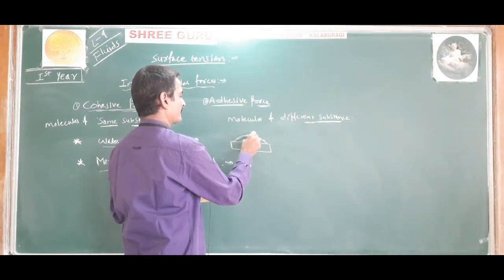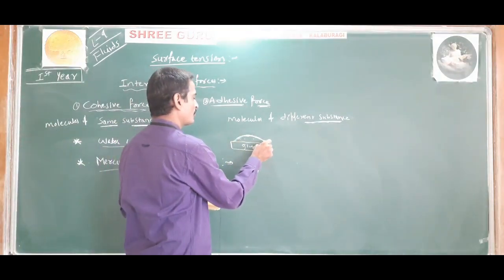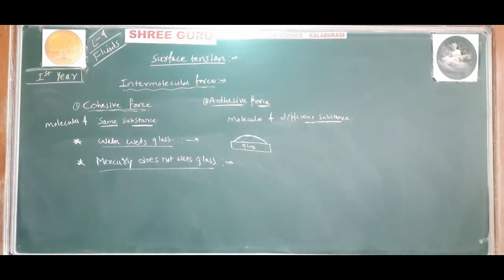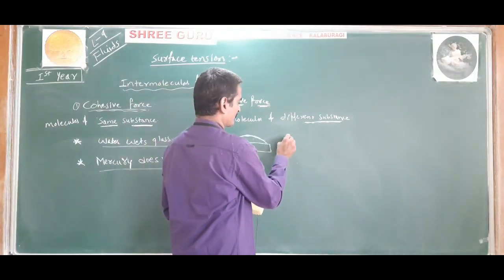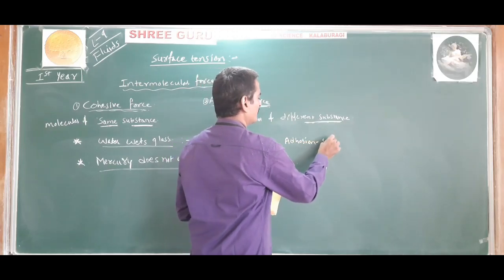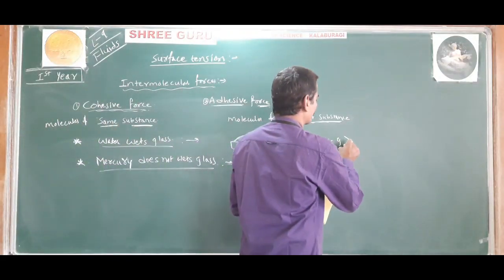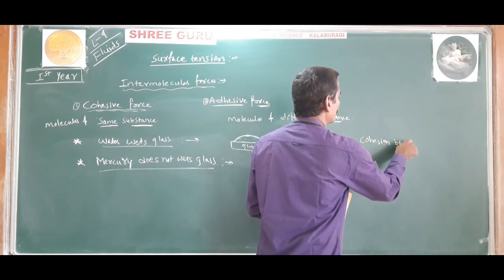So water. Okay. This is water. Okay. So water wets the glass plate. The water wets the glass plate. This is because the force of adhesion between molecules of water and the glass is stronger. The force of adhesion between water and glass, between the molecules of water and glass, is stronger than the force of cohesion between water